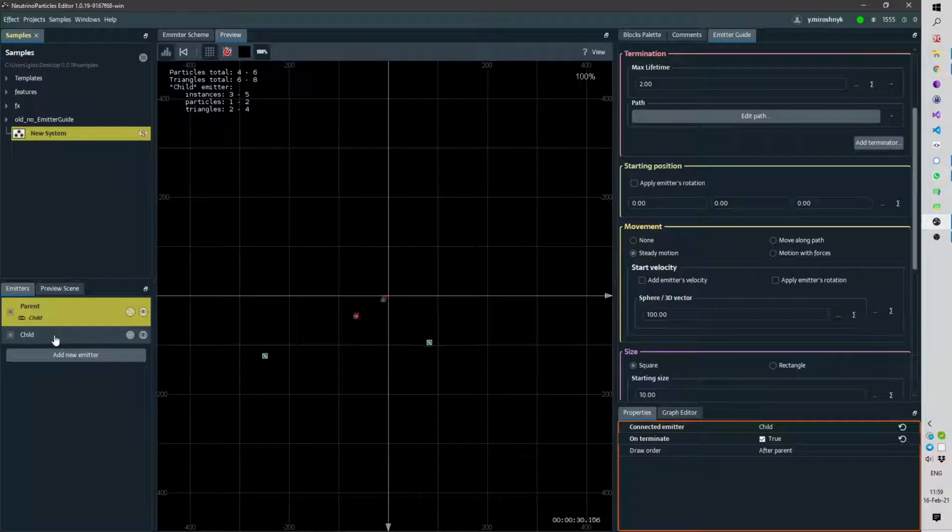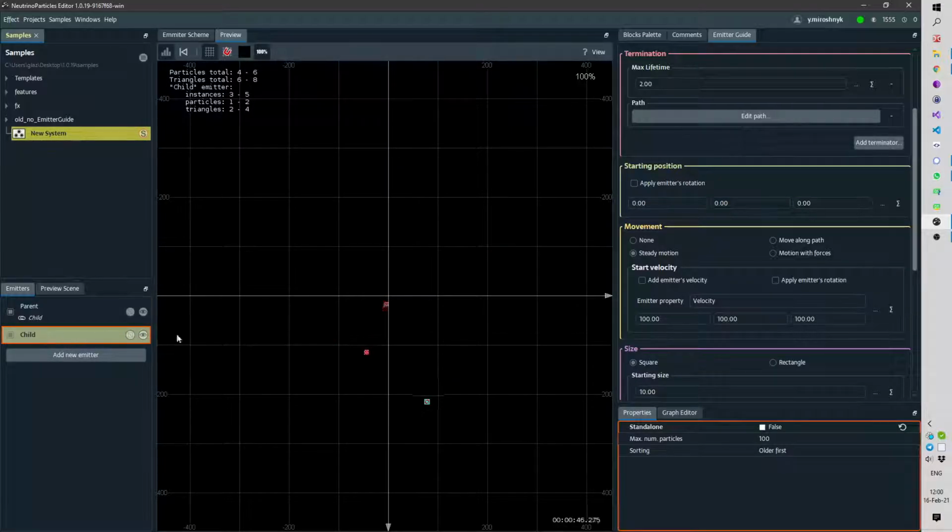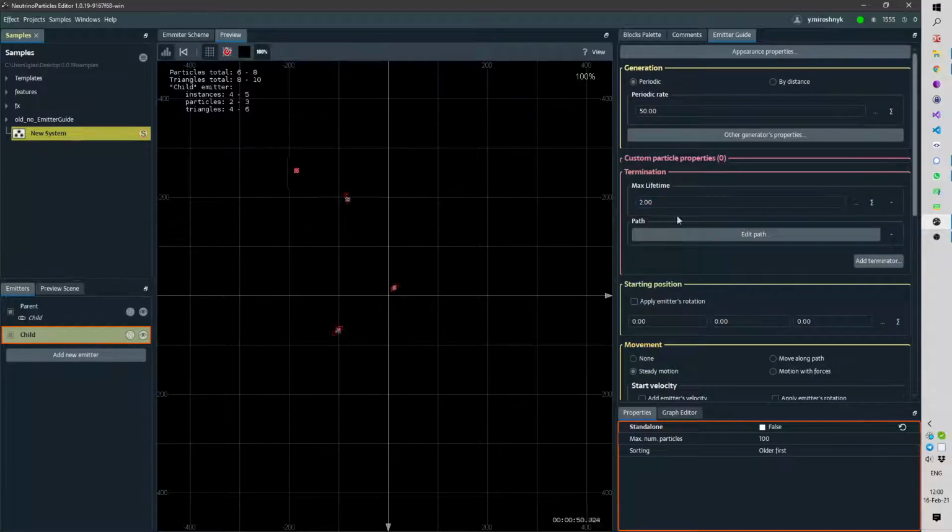So we have child particles and parent particles. The idea was to fade out opacity, so let's make the particles of the child emitter live 1 second or even half a second,